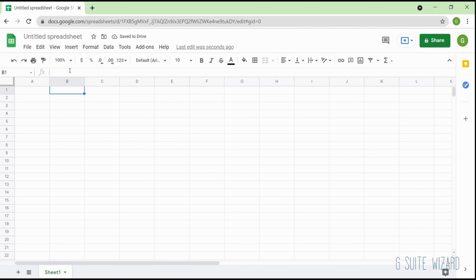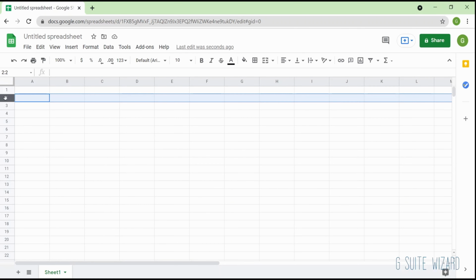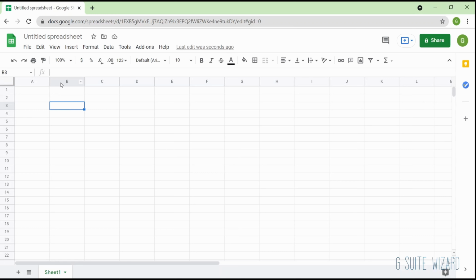I will show you the settings and basic functionalities. Okay, as I've told you, this is called a cell, and these are called the columns. This is one column which is named B. This is one column which is named C. This whole thing is a row again, which is numbered as you can see. Okay, and if I select this, it will be B3. So this is going to be B3, right? And this is called the formula box.